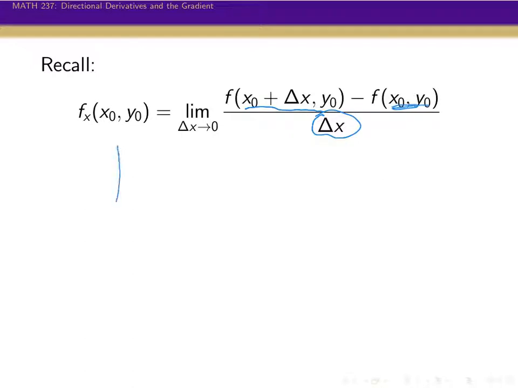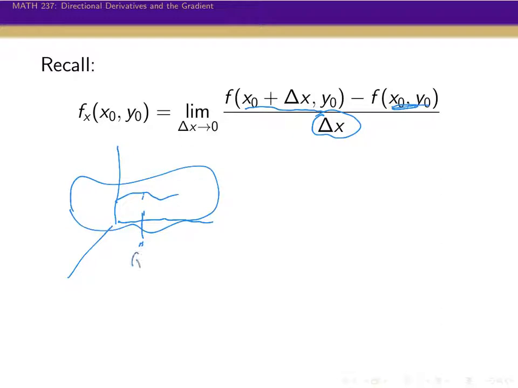And we talked a little bit about how really what's going on here is, if that's our f of x, that's our surface. If we have x naught, y naught right here, really what the partial derivative is doing is imagining taking a slice along a line parallel to the x-axis at x naught, y naught, slicing through that plane. That's going to give us a curve there, a one-dimensional thing, and then this partial derivative is talking about the slope along there. Well,